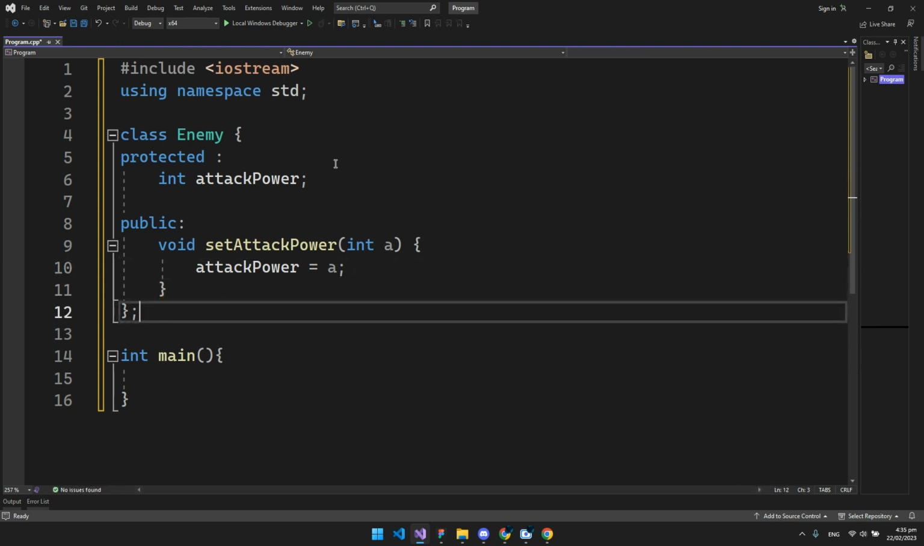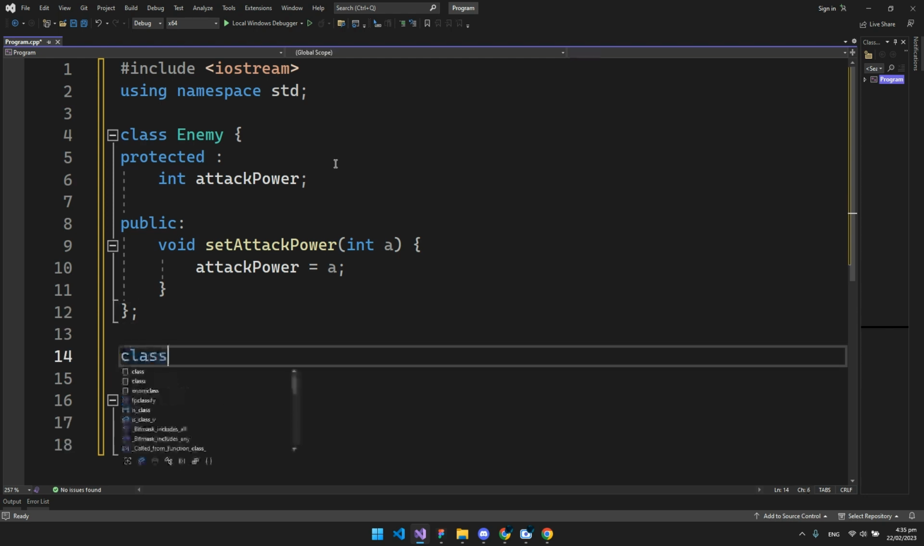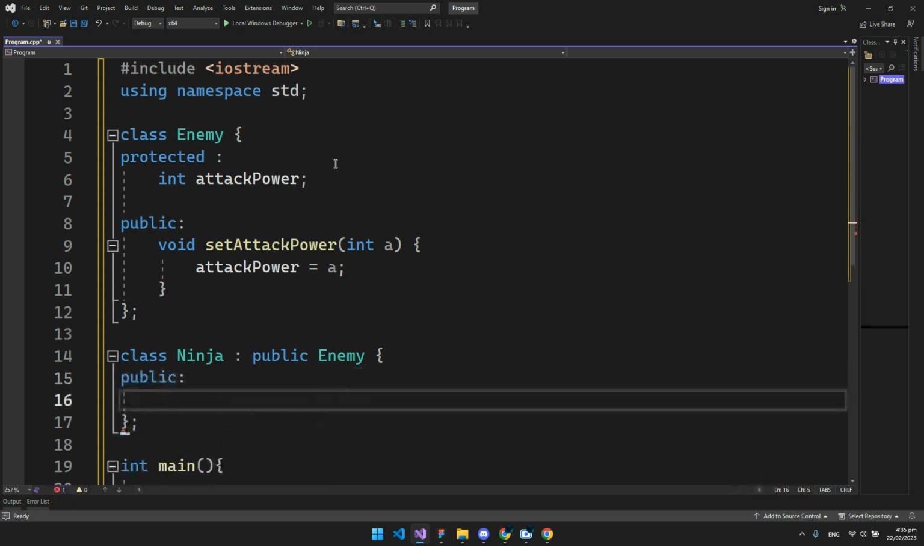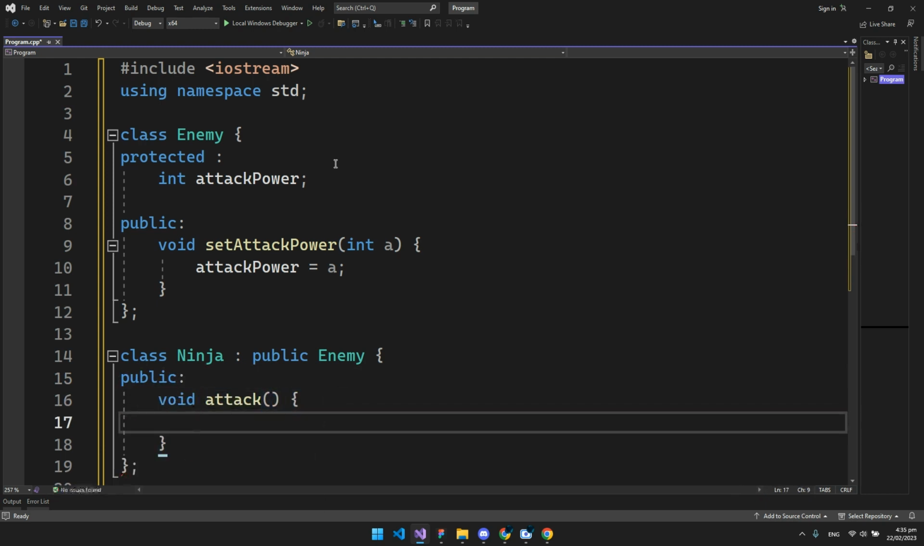Perfect. So like I said, we will have two other enemies that are ninja and monster. So let's make a class called ninja, and we will inherit the stuff in the public access modifier from enemy. And what we're going to do, let's make it public. So void attack, we're going to make an attack function, and inside of here, we're going to cout